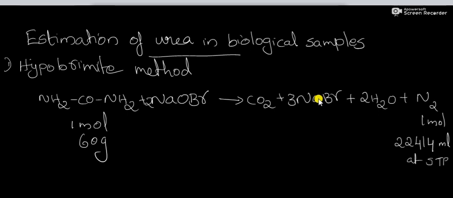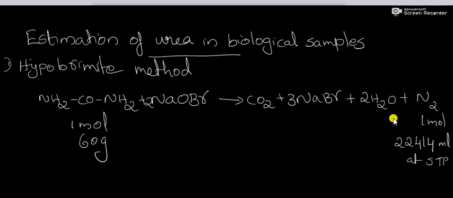So the liberated carbon dioxide will be absorbed by the alkali, and the liberated nitrogen is collected over water in the attached nitrometer. Its volume, for example V1, consider V1 is the volume, is measured at room temperature T1 Kelvin and pressure P1 atmospheric pressure,